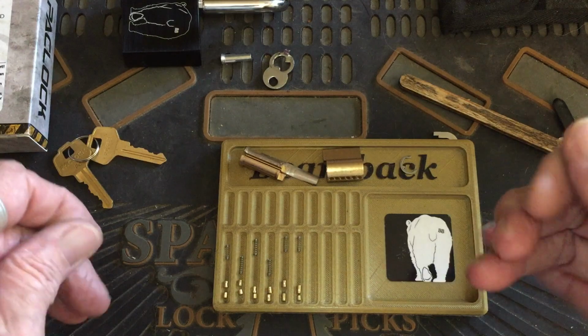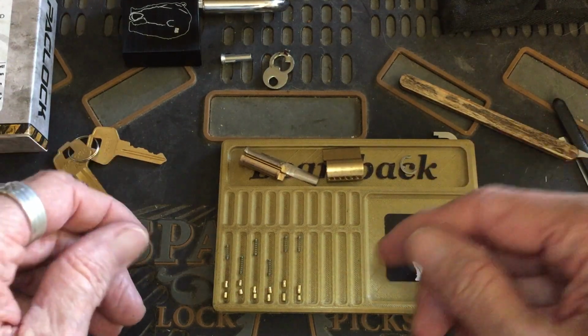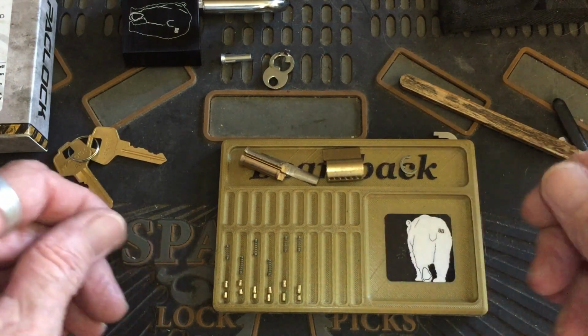It was a different kind of feeling pick than a Master or American, I'll tell you that. It's a little harder, I would say. So yeah,